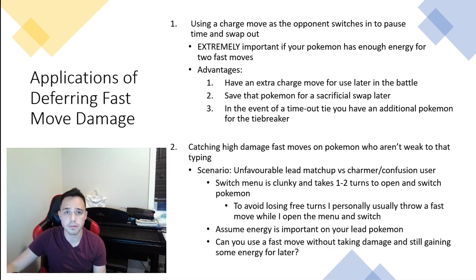So this is extremely important for any Pokemon with charge moves with energy under 50, as you can stack 2 of them up and unleash them. So there are some advantages of this. If you save your Pokemon with 2 charge moves, you can have an extra charge move later on in the battle. Even if you don't have 2 charge moves charged up, you can save that Pokemon later for a